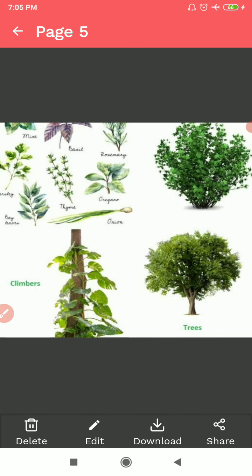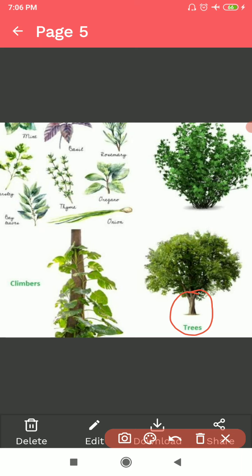The shoot system consists of the stem, leaves, buds, flowers, fruits and seeds. The stem is the main part of the plant. It grows above the soil and the stem holds the leaves, the branches, the flowers, the fruits and the buds. We will understand about the types of stem. Trees have thick and hard stems, as you can see here. The thick stem of a tree is called the trunk.